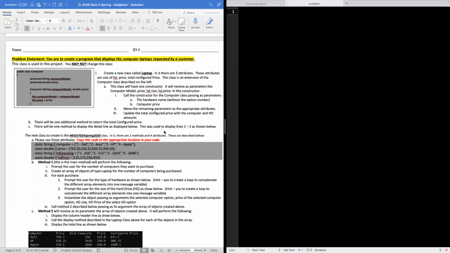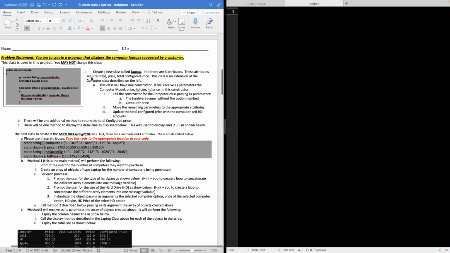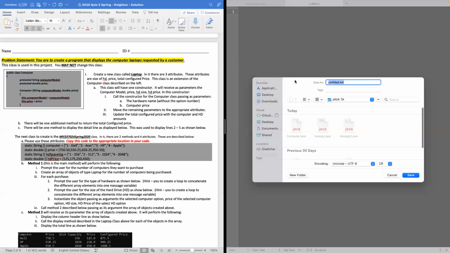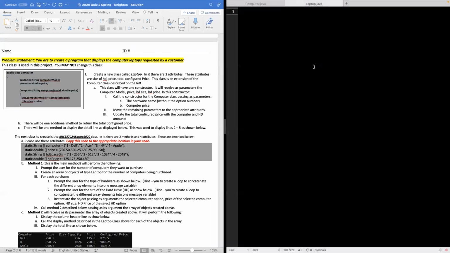Next, we're gonna open up a new tab, and let's go ahead and start with the instructions. So the first thing it says is to create a new class called laptop. So I'm gonna copy this, and I'm gonna save it as Laptop.java. And then if you have a Mac, type the tab completion, and it does all these things right here. So it's gonna add public class, it's gonna add the laptop, it's gonna have extends for you, and here you